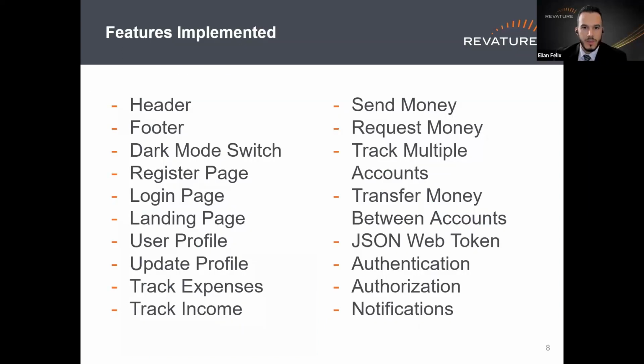And if we go to the next slide, here we can see most of the main features that we implemented in our application, basic things like having a header with a navigation, having a little bit of a footer that has some of the contact information, the links that you would want to have on a professional website. We implemented a dark mode switch to be able to switch themes, be able to register, log in, all that good stuff regarding user account, and then elements regarding being able to see your accounts, send money, request money, get notifications,